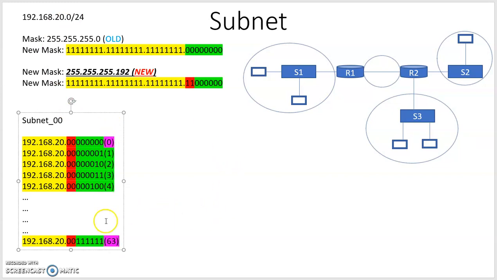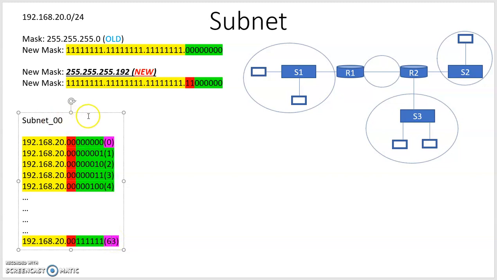So those two are reserved. The usable ones are from 1 up to 62. So those are the usable IP addresses, 1 up to 62. The first one, 0, and the last one, 63, are not usable. The first one is for the network address or subnet address, and the last one is the broadcast address of